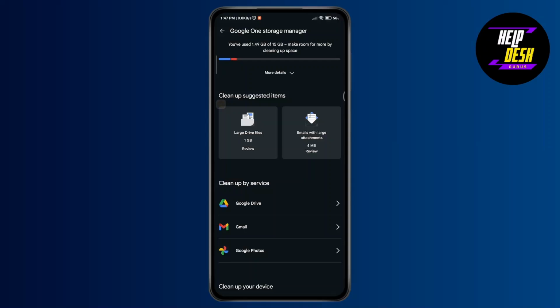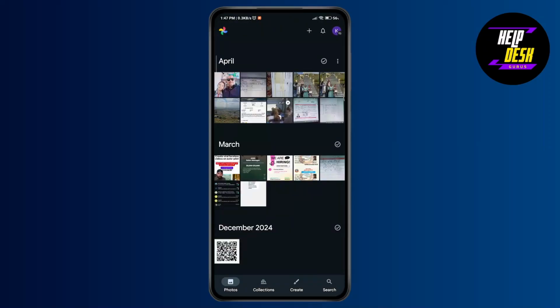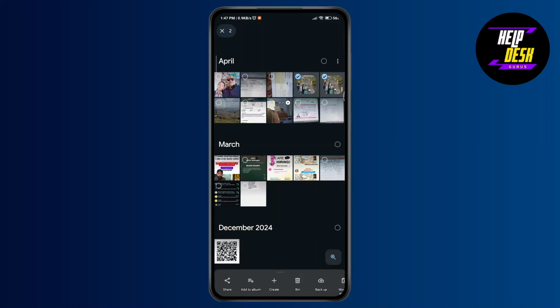Since I don't currently have that option on my device, here's what that looks like on screen. Once you see it, tap on it. Then simply review the photos, select the copies you don't need, and tap Delete to remove duplicate photos from Google Photos. If this option isn't available, you can also manually go through your gallery, select duplicate images, and delete them